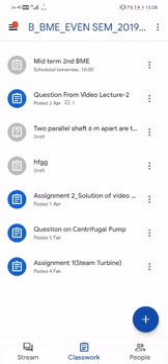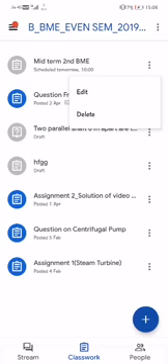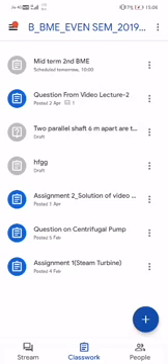If you want to change the question paper, or if you want to change the time, you can click on these three dots and you can see the edit option.